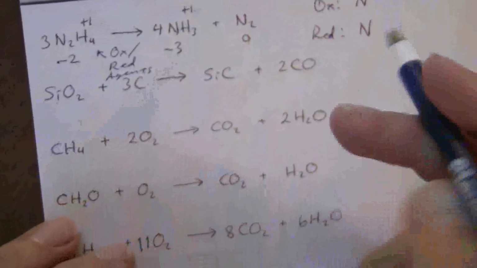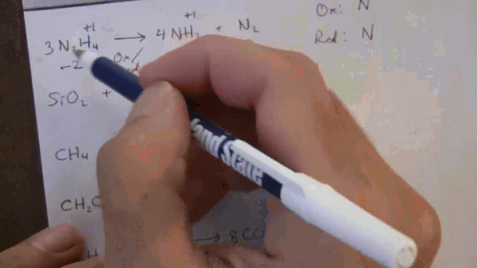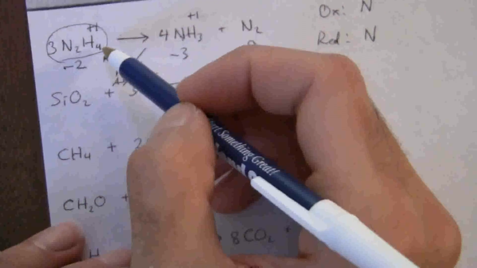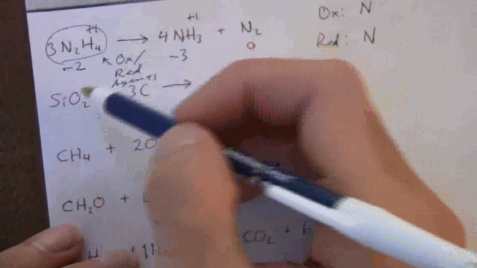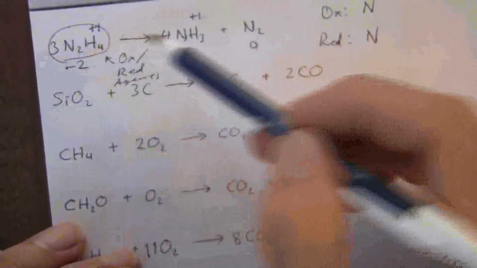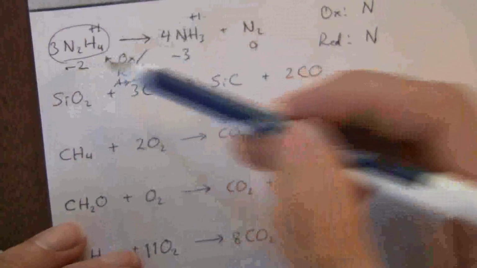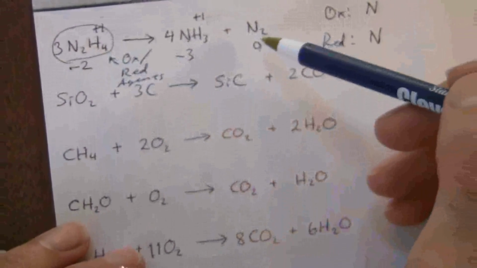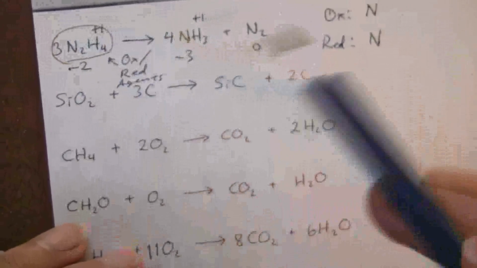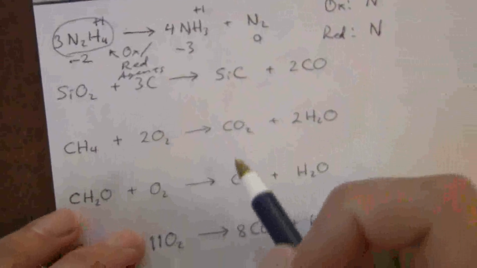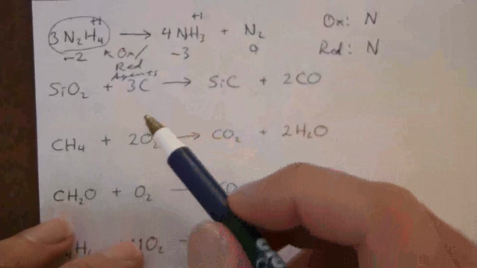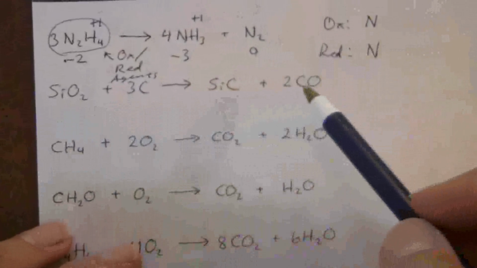Okay. Again, the agent is referring to the whole compound, so it's not the hydrogen that's reducing or oxidizing the nitrogen. Okay, you might say that the hydrogen is reducing the nitrogen, but it's certainly not oxidizing it. Okay, so the whole substance is serving as its own oxidizing and reducing agent. That's the best way, I think, to look at that. Okay, now here we have another reaction,